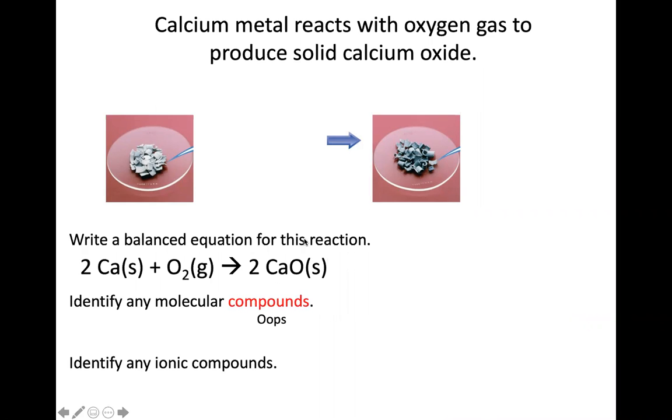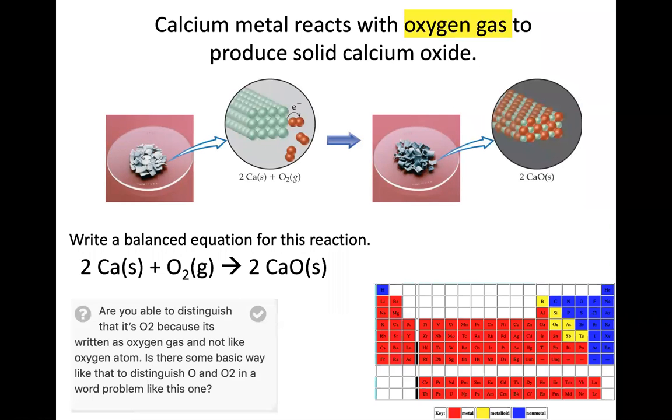So first of all, when I have this balanced chemical equation, when I was also asking to identify any molecular compounds, that's my bad on that. I wasn't trying to make it trickier or anything. I wasn't trying to say, aha, O2 is a molecule, but not a compound. My mistake for trying to, if I confused you on that one. Now, as far as going from this then to try to figure out how did I get this balanced equation?